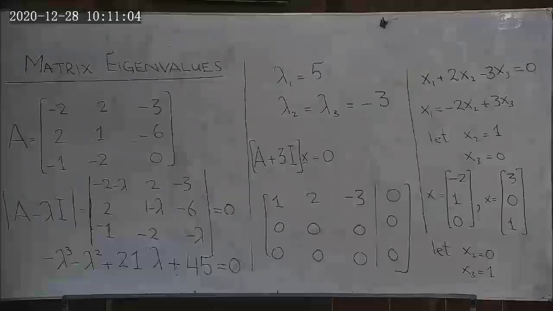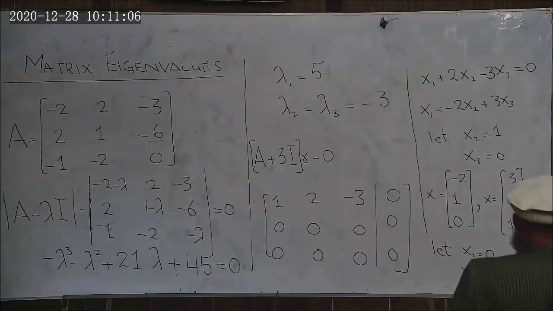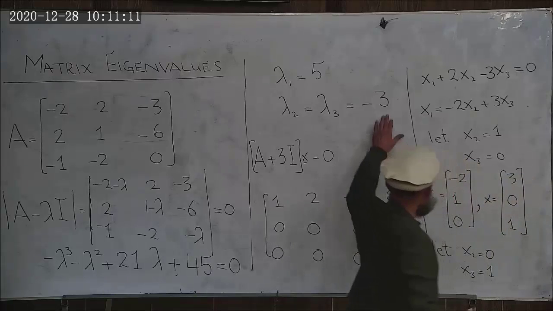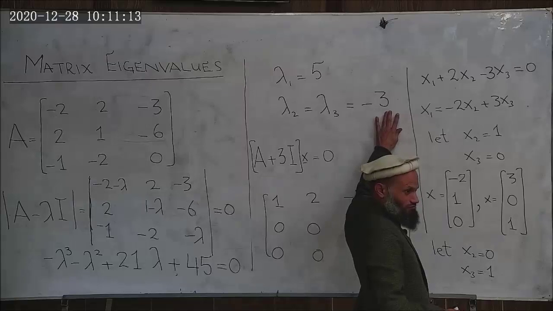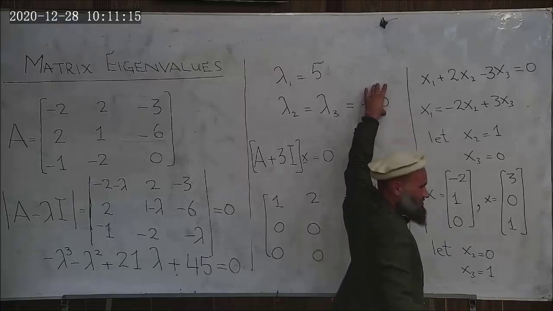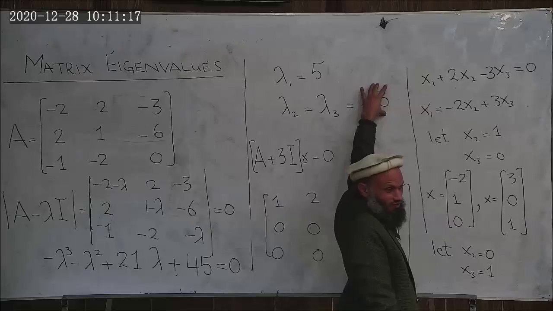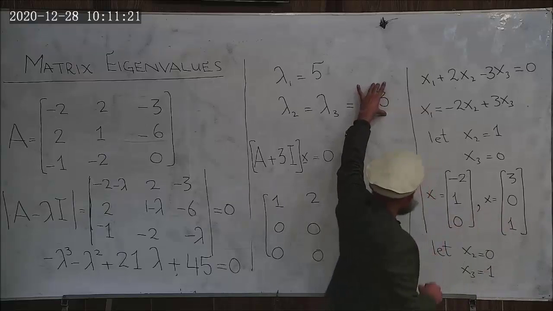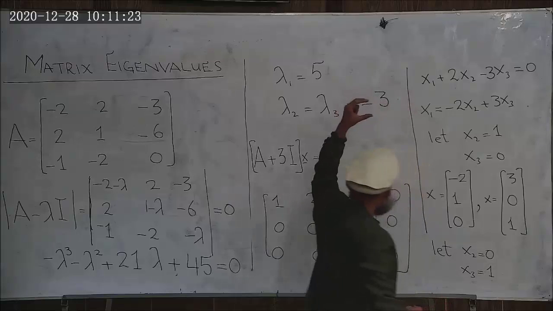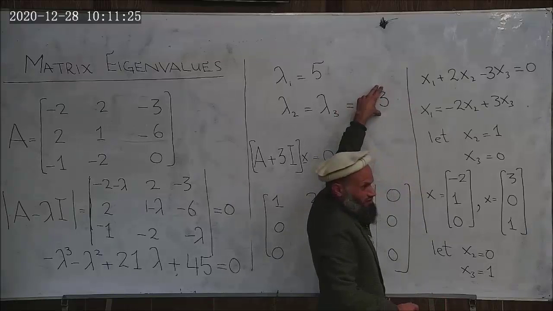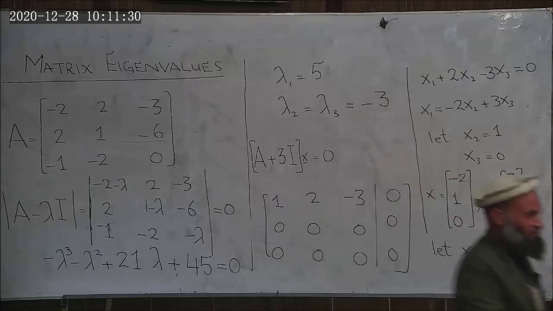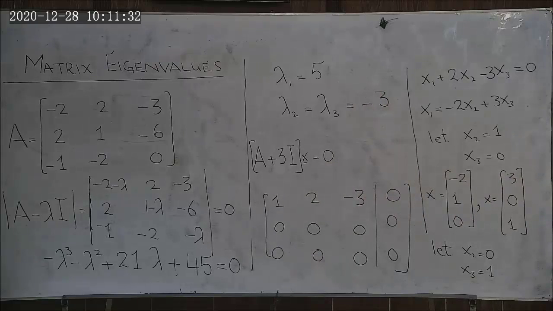Geometric multiplicity is the number of eigenvectors associated with that eigenvalue. So how many eigenvectors are associated with this eigenvalue? 2 eigenvectors are associated with this eigenvalue. Therefore, the geometric multiplicity of this eigenvalue is 2. Algebraic multiplicity is 2, geometric multiplicity is 2. We shall make a few